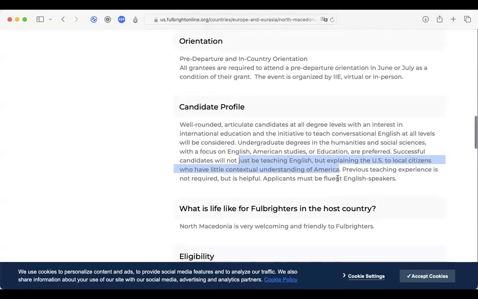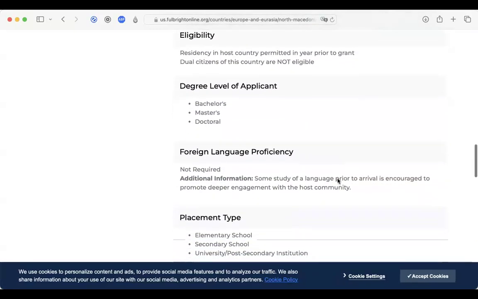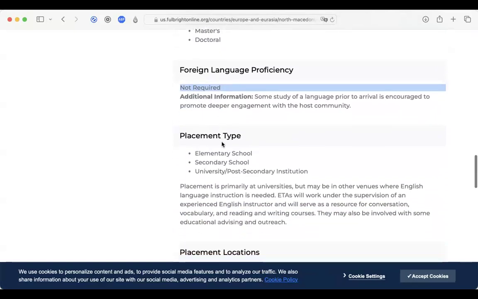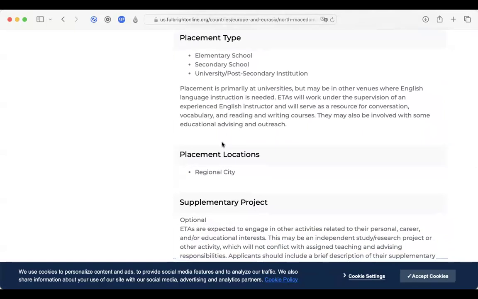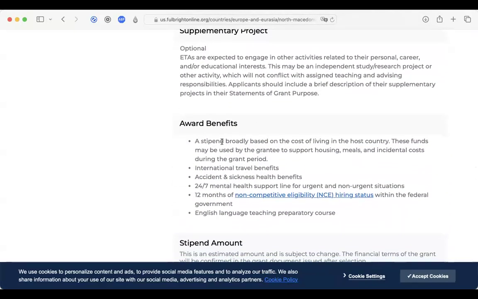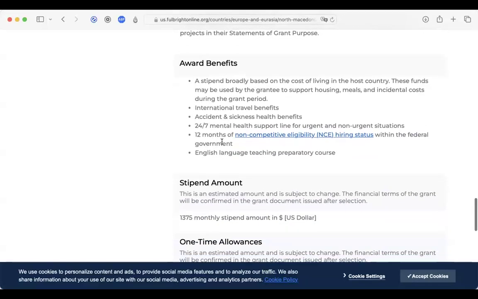All right. Now, if we look at this, we see there's no foreign language proficiency required, which is true for most English teaching assistant host countries. Now, does it hurt? Absolutely not. When I was working with Fulbright ETAs, they had some experience in the local language of government, not as much as I did, but enough to really make a lot of those activities of daily living a lot easier. And then, the